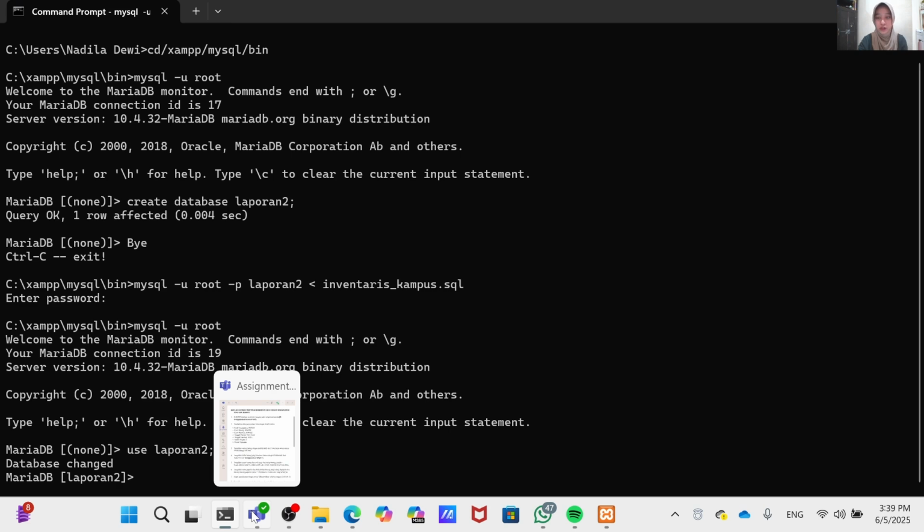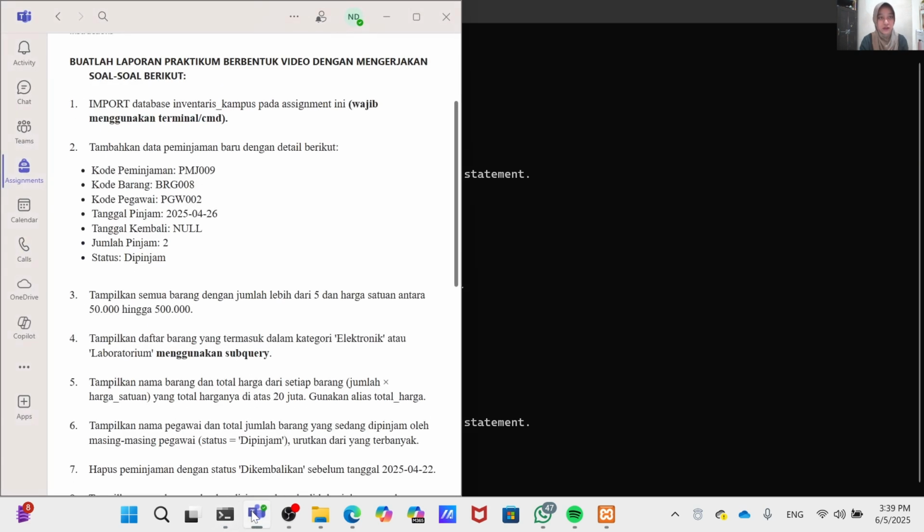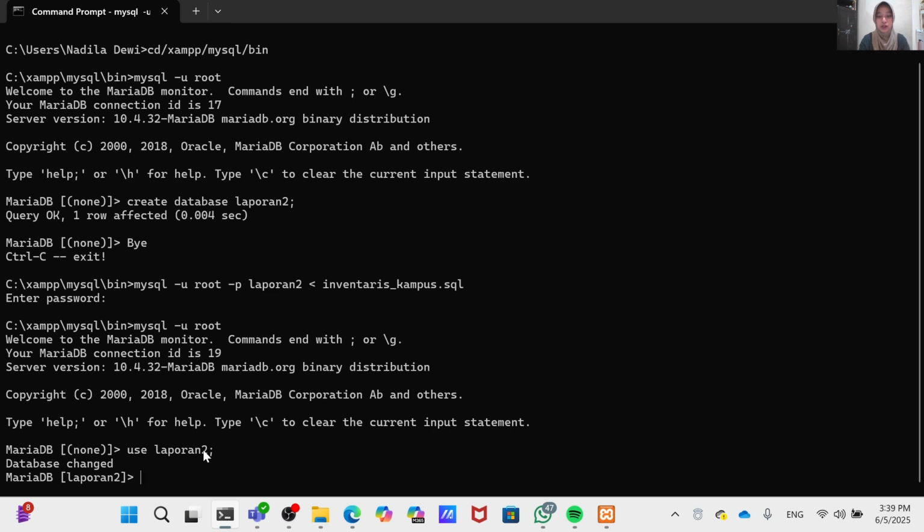For number two, add a new borrowing record. We can use insert into peminjaman.